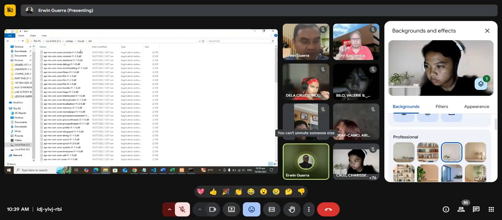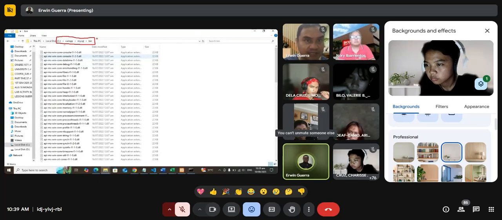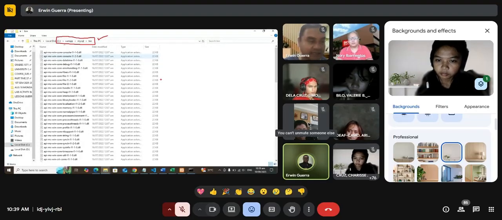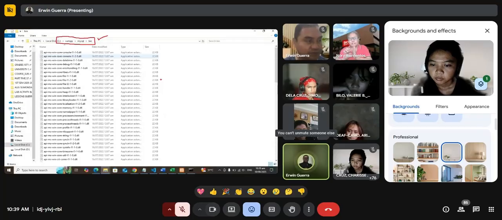At ito na po yung magiging correct path natin wherein you're going to type to your command prompt. Okay? So drive C XAMPP MySQL bin. Ayan. You may screenshot this so that as your guide later on for